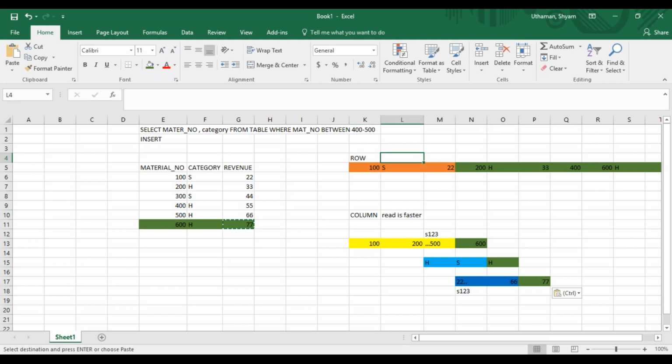So this is faster for writes. This can be your insert statement for inserting data. This can be your update statement for updating data. If by some mistake I put something here, or at a later point of time your company wanted to change this category from H to G for groceries or something, that would be an update statement.